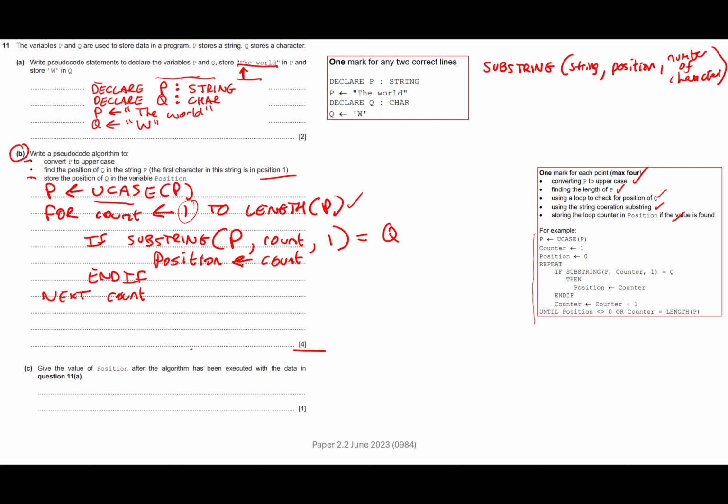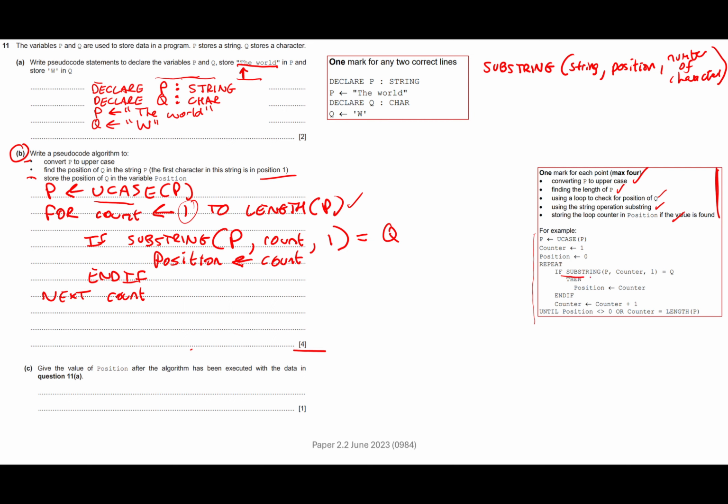They can stop, but it doesn't actually ask us to do that in the question, and there's actually no marks in the mark scheme for doing that. So it would make more sense to use a for loop, and you're probably more comfortable with using a for loop. But if you want to go ahead and use a condition control loop, that's absolutely fine. There's another way that I think you may answer this question,